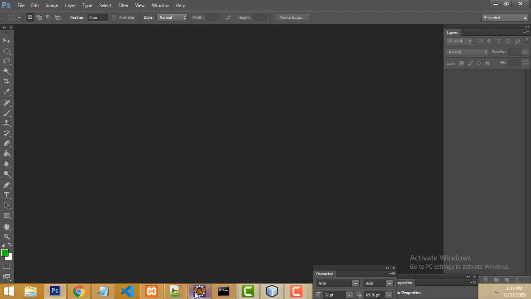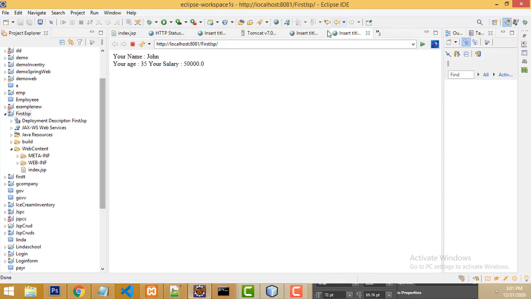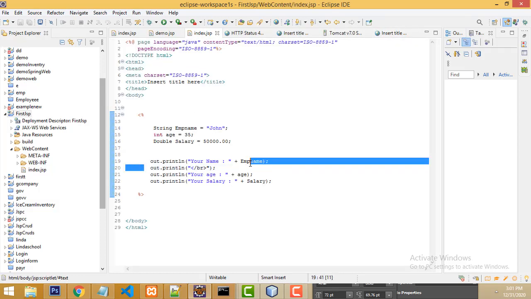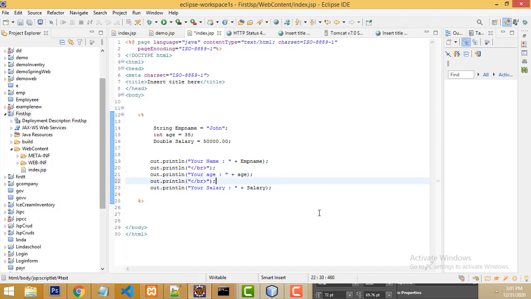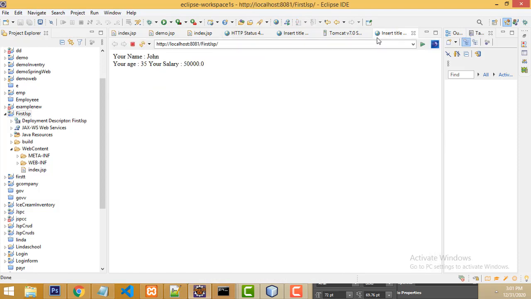The same thing you have to do here as well. Copy this br tag and put it over here. Now you can check. Save all and execute. Now the output will change like this.